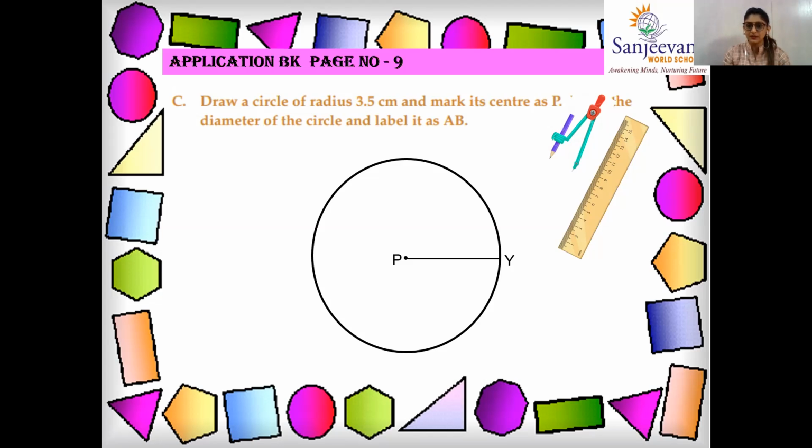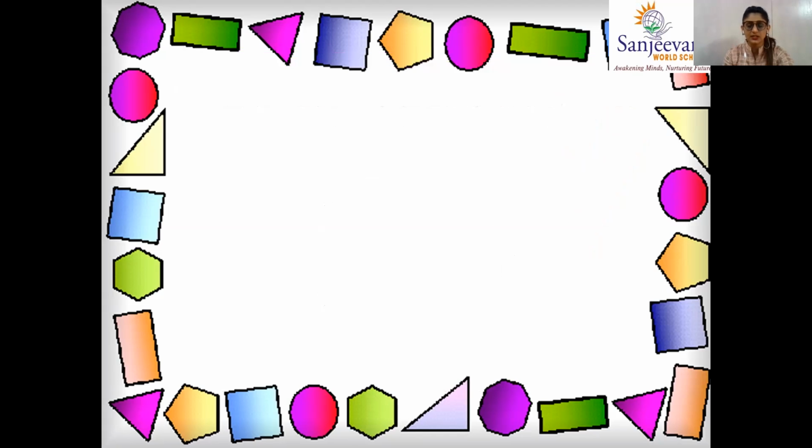Now what is diameter? A line which passes through the center of the circle and it should be the longest line. So draw the line, and this longest chord, that is diameter, should pass through the center of the circle. Then only it is called diameter, otherwise it is not diameter. Label this as AB. So draw this very neatly. Once this is done,